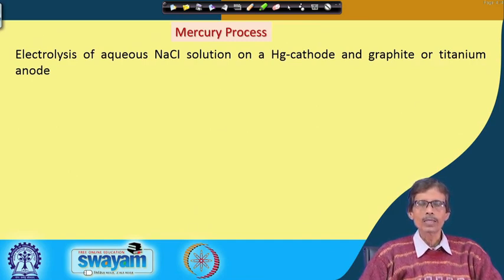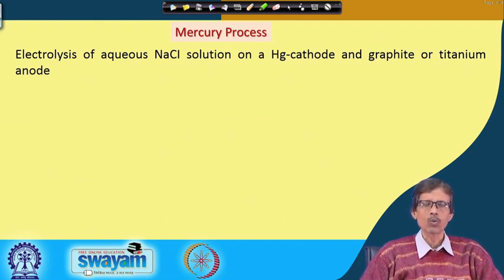Polarography was introduced long back, where the mercury cathode electrode was very much utilized, and that particular electrode was known as the dropping mercury electrode, or DME. The dropping mercury electrode was very popular during the development of the polarographic technique. In a similar fashion, industry people have also utilized a huge pool of mercury as a mercury cathode,